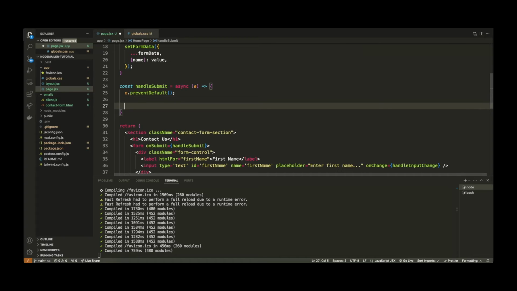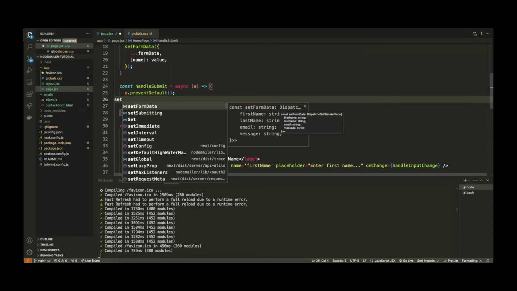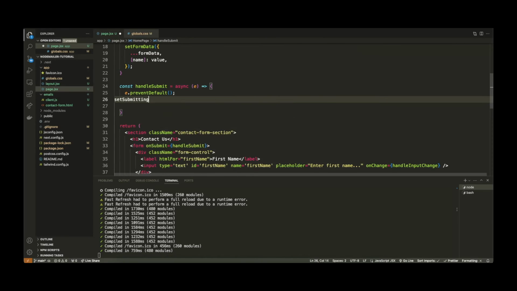All right, so the next thing I'll do, let me just come back up here. I'm going to use our setSubmitting function, right? So setSubmitting, I'm going to set that to true. We want to do that so that we can keep track of whether the form is submitting, because if you guys recall, at this stage of the game,